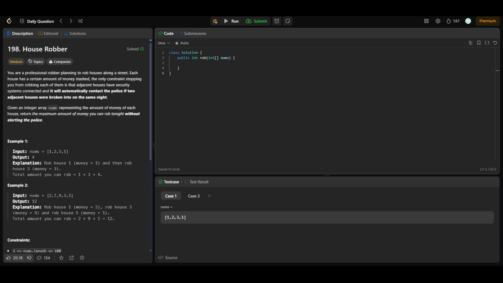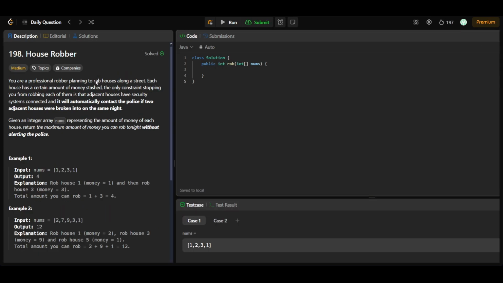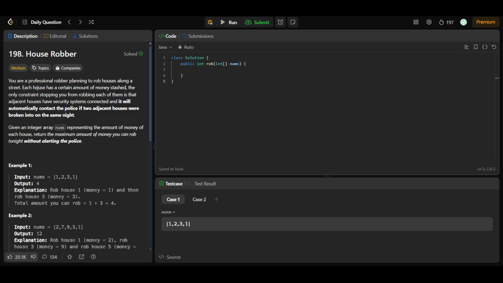Hello people, today we'll be solving LeetCode daily question 198, that is House Robber. In this we are a professional robber, and we are planning to rob houses along a street. Each house has a certain amount of money stashed, and the only constraint stopping you from robbing each of them is that two adjacent houses have security systems connected, and it will automatically contact the police if two adjacent houses were broken into on the same